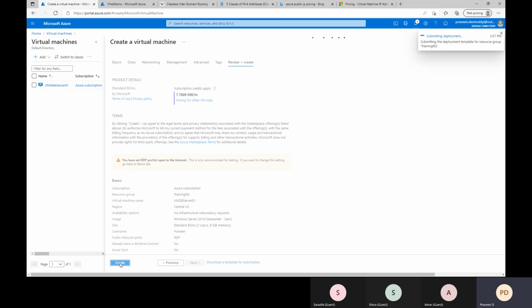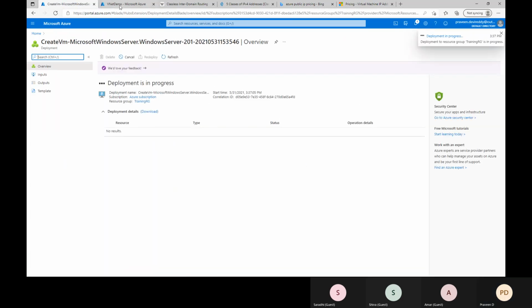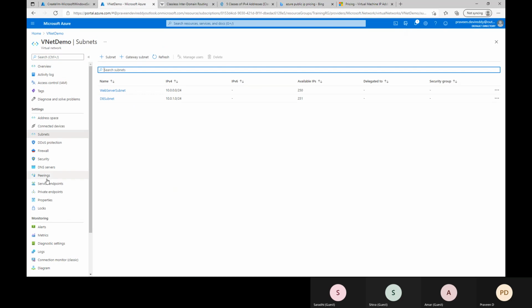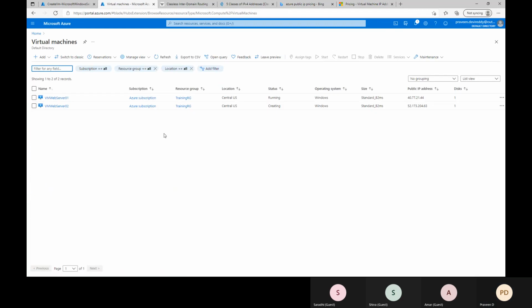Once we finish, we'll delete it, so it will not charge much for us. We'll see virtual machines. Still, it's creating.